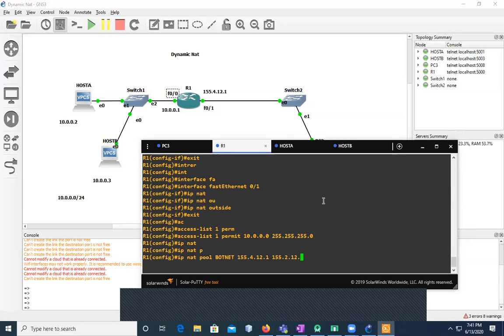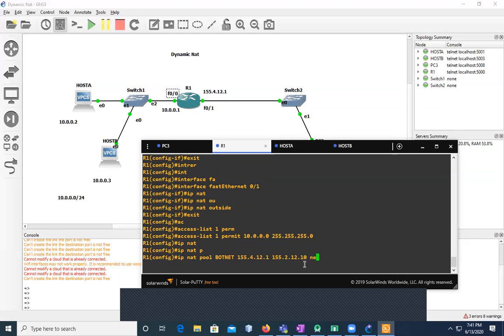For example, 3 is already there. 2 is assigned, right? Yes. 3, 4, I can say 12.10. So IP NAT pool botnet 155.4.12.1 up to 155.4.12.10